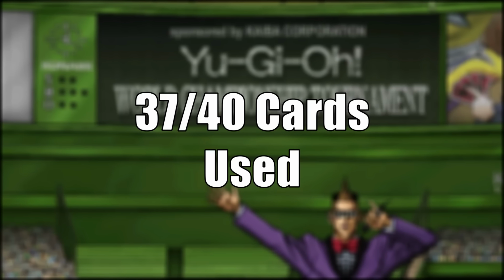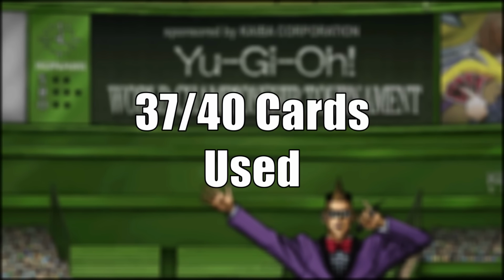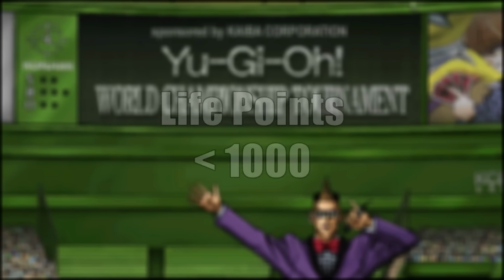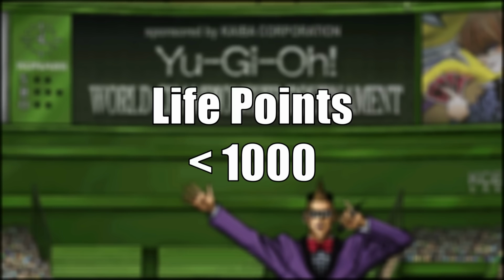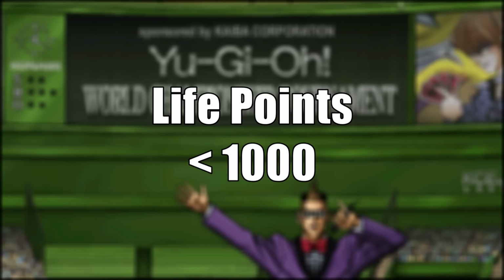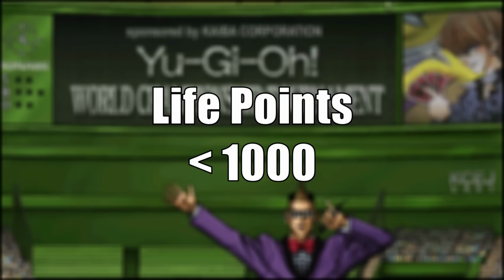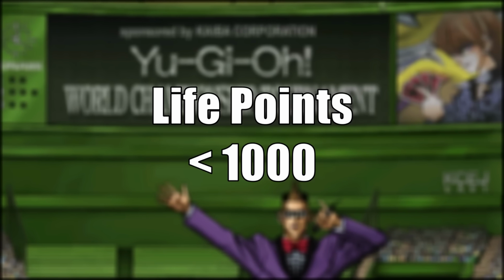That means once we hit that requirement, we have to end the game immediately, because if we don't, we'll deck out the following turn and lose. Secondly, we need to end the duel with our life point count being under 1000. This would prove to be the most difficult of the conditions for us to hit consistently, as many times when we would get close, Pegasus would hit us with just slightly too much power for us to handle and we'd